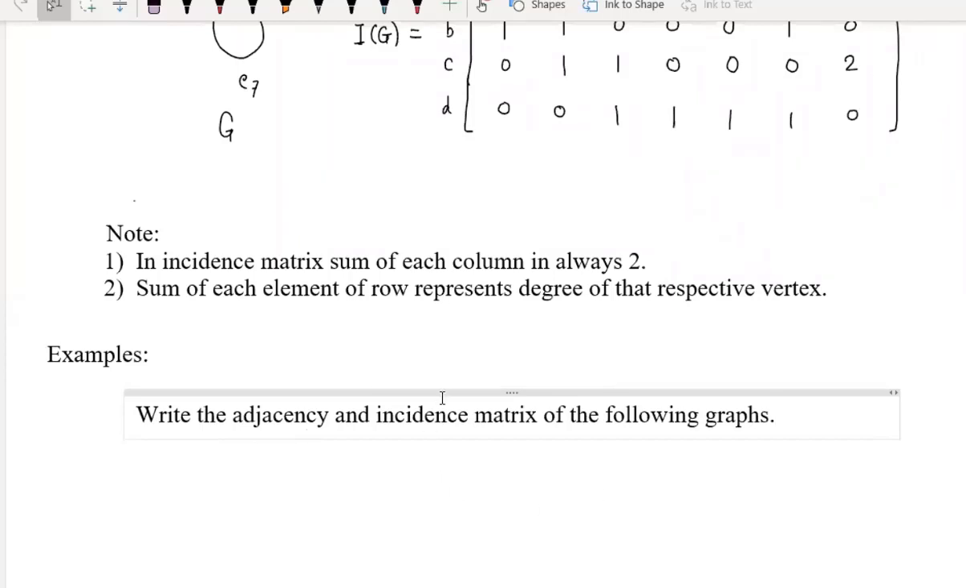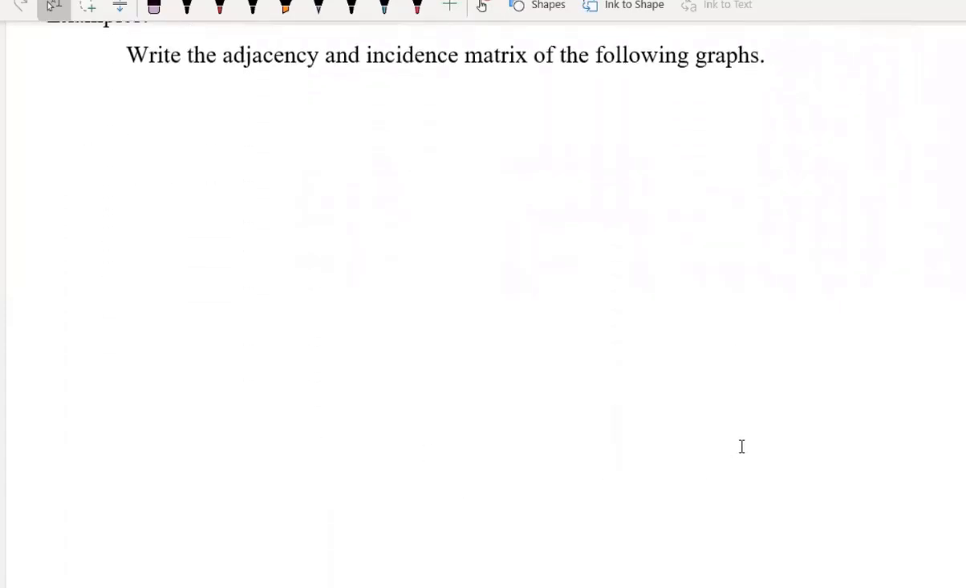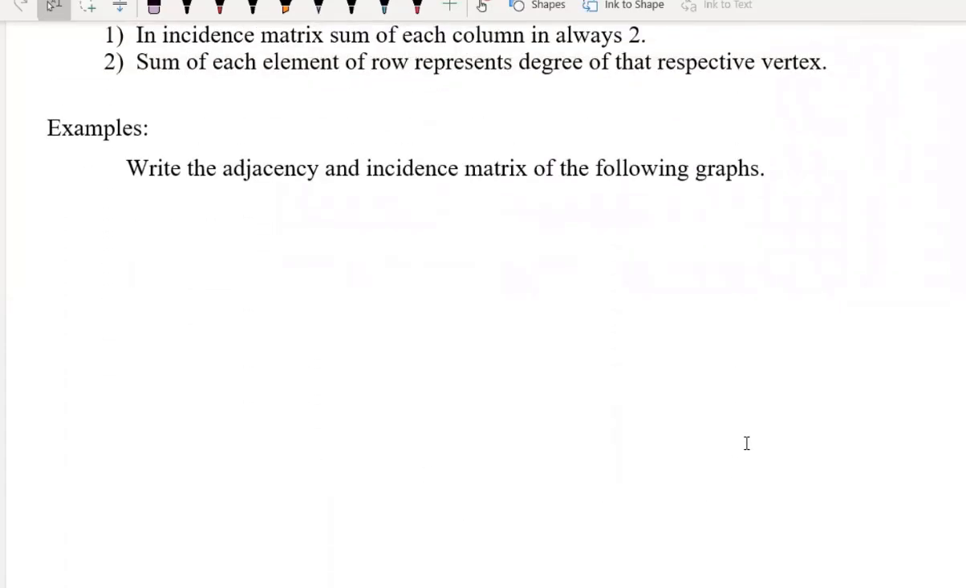Question: Write the adjacency and incidence matrix of the following graphs. मतलब जो नीचे अभी हम ग्राफ्स ड्रॉ करेंगे उसका adjacency और incidence matrix आपको क्या करना है, ड्रॉ करना है। ओके, मतलब लिखना है। So the first one, first example,